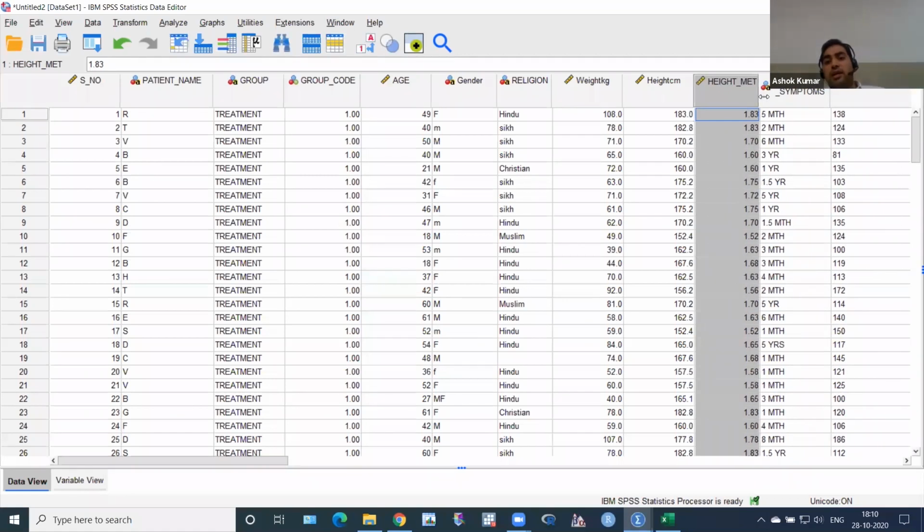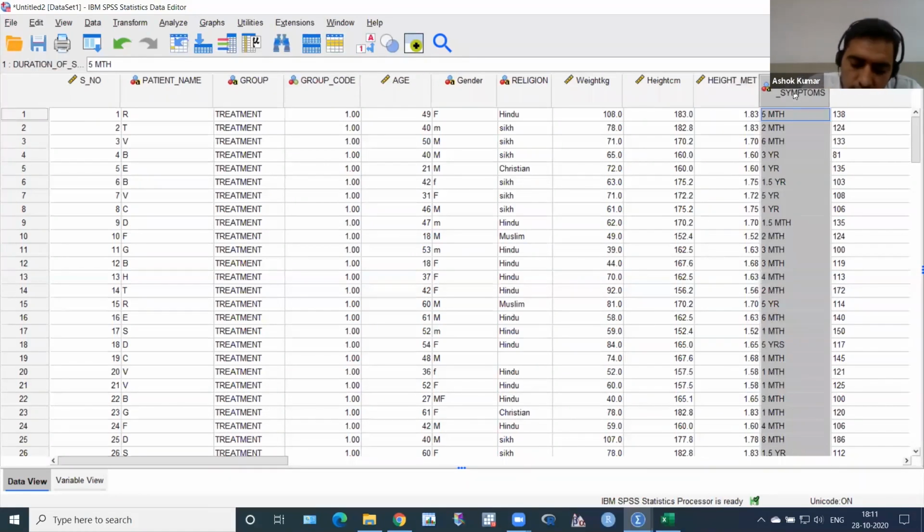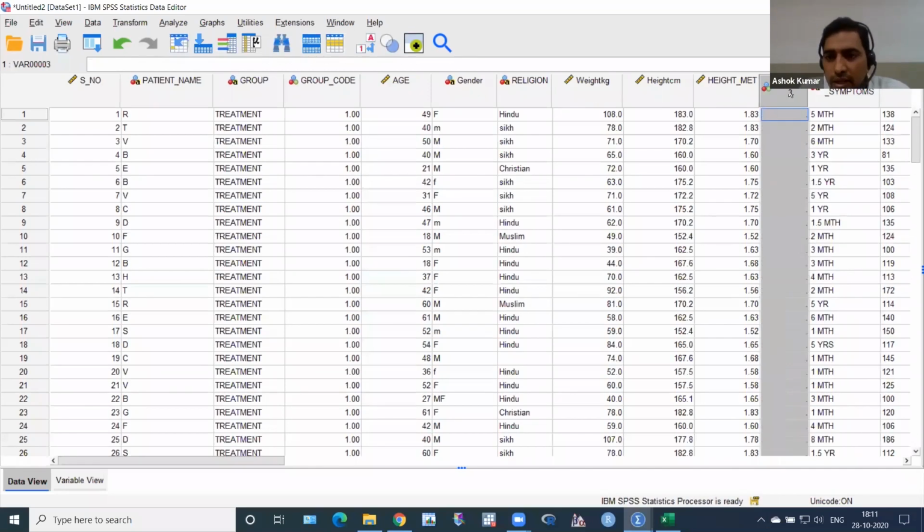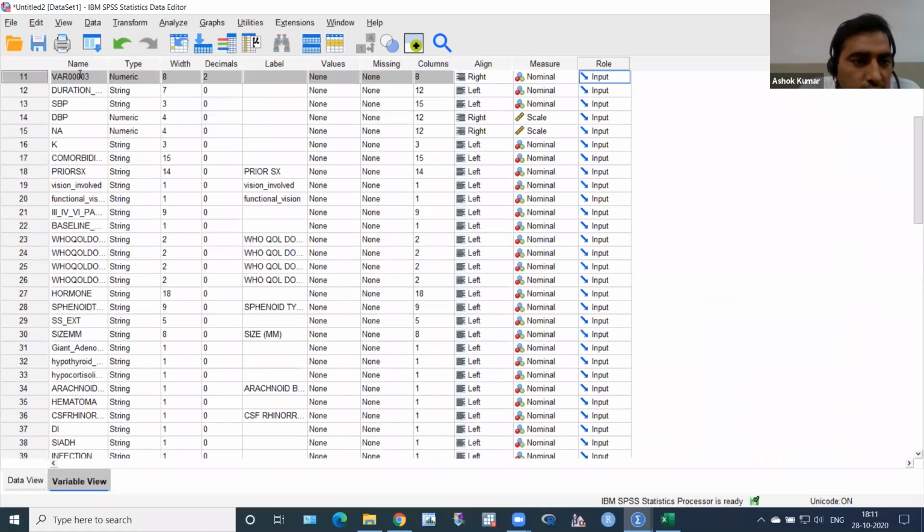Oh, very good. Then I want to compute a new variable, BMI. So height, weight is here, height is in meter here. Nearby this height in meter, I want to create a BMI. So again, select it, right click, and then insert variable. Then variable 3 comes automatically, so we can change it. I have to double click here. This is variable 3. Give it